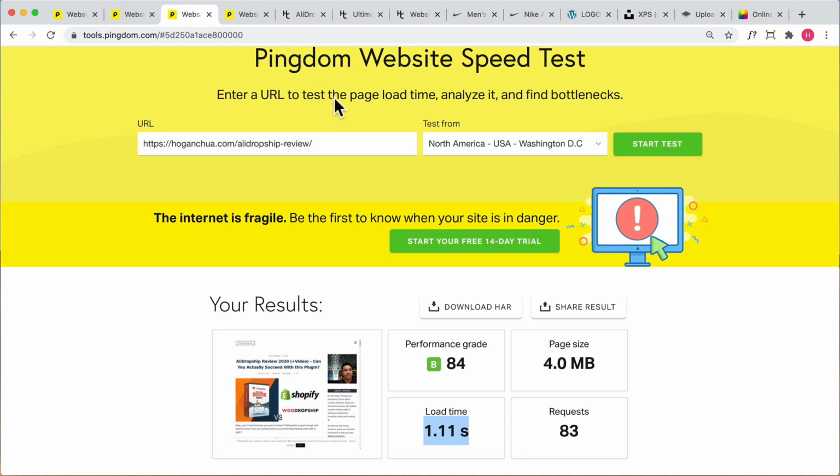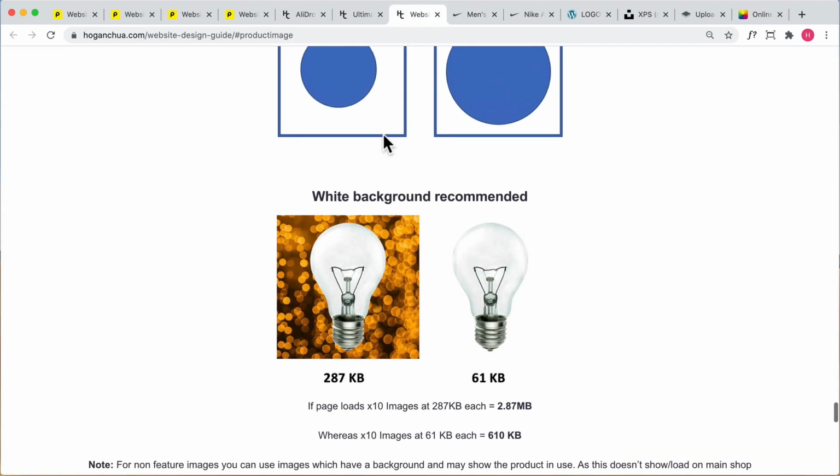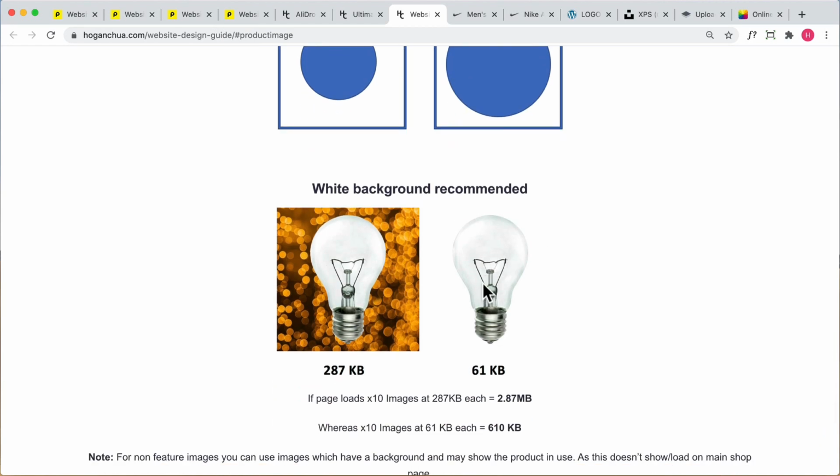because I have a lot of people who follow my tutorials, and especially for e-commerce websites, you want to make sure that you have just sort of like a plain background for your product images, because it's going to save a ton of space, right? So if you go to my web design guide on my website, so I'll sort of leave the links in the description if you want to check that out. But if we have just like a normal image without any background, it's going to be like 61 kilobytes, right? And this one over here, it's like 287. So if you have 10 images or a dozen images on your product page, it's going to make a big